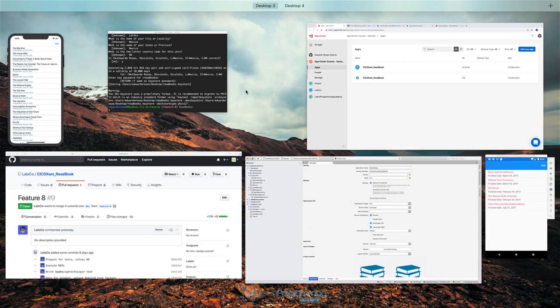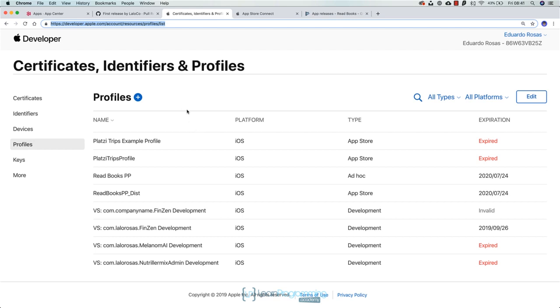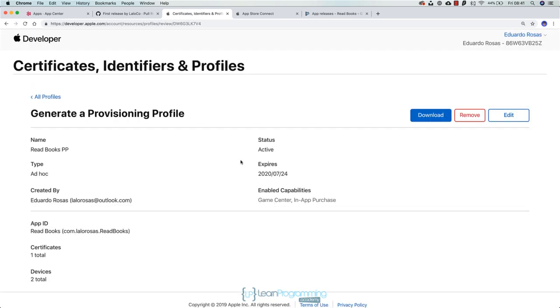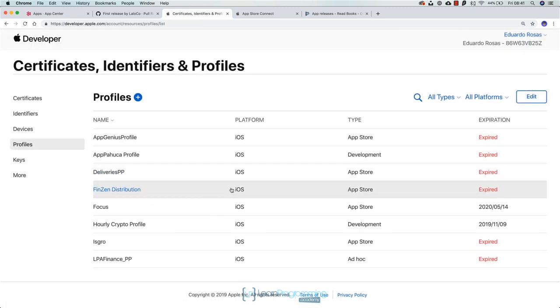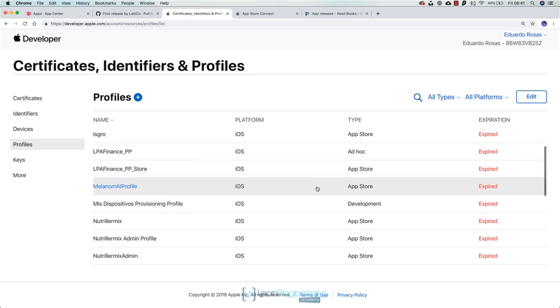So when it comes to iOS, what you would have to do is navigate back to the certificates, identifiers, and profiles, where we created a certificate, an identifier, and a profile, and create a new profile. Because the profile that we created was, yes, for distribution, but an ad hoc distribution, which meant that we could release through App Center, but we cannot release through the App Store. So I had to create another one with the same certificate, the same identifier for the same application. But now, for